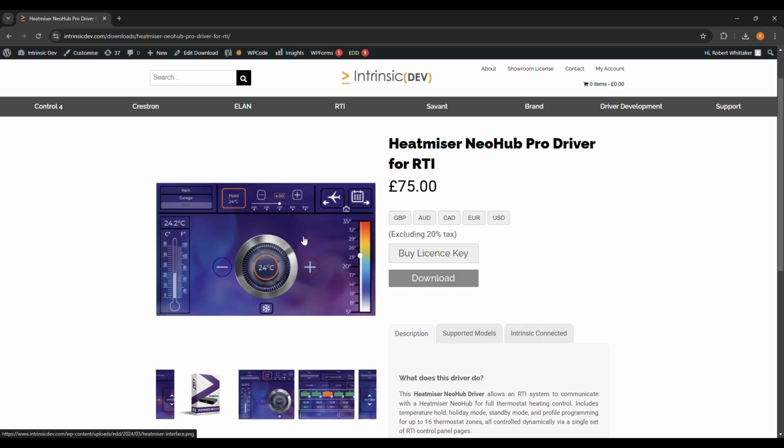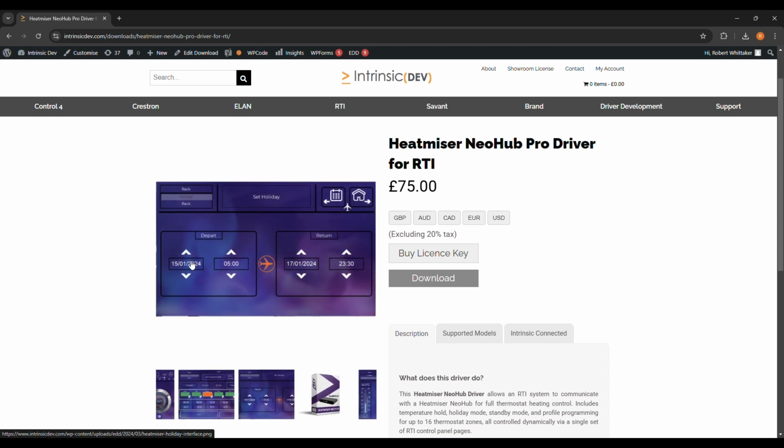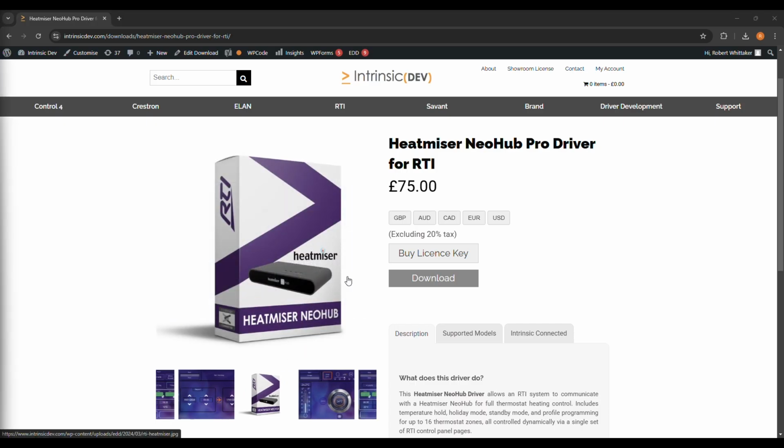Hot water boost. This is via preset buttons of 30, 60, or 90 minutes. Standby toggle, frost mode. Program mode, detailed editing of weekly profiles. Holiday mode, set depart date and time and return date and time. And finally, master control commands where you can set hot water boost, standby state, and temperature hold for all zones